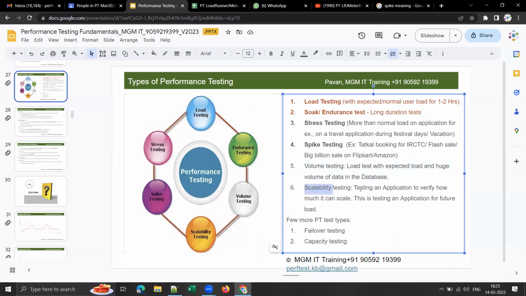The next type of testing is scalability testing. So testing an application to verify how much it can scale. And this is testing for an application for future user load, right? So let's say Facebook has around 20 million users across the world. Currently, the user base for Facebook application is some 20 to 30 million. And because everyone is switching to smartphones, by next year or by 2024 or 2025, there are projections that Facebook user base will